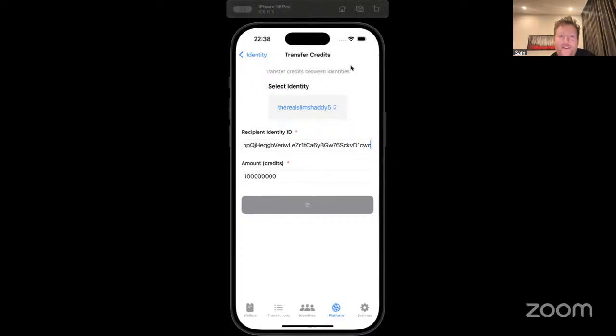Let's see if on the network we actually had one, if it actually went through. This is still kind of in progress. I had not yet seen it fail. Oh yeah, there was a credit transfer 1 minute ago, and there's a credit transfer 39 seconds ago. If you look on testnet actually,